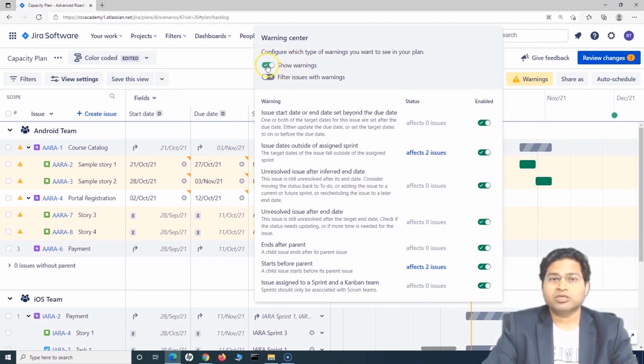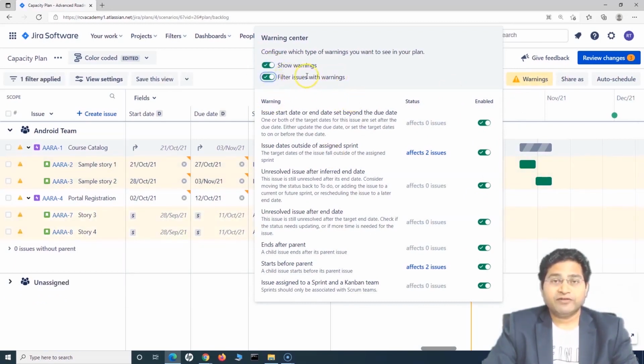Okay, and this show warning is enabled. If I disable that, it will stop showing any of the warnings. The next important thing is you can filter whatever issues are being affected by any of these rules by just pressing this toggle, filter issues with warning, and it will show you how many issues are being affected with any of